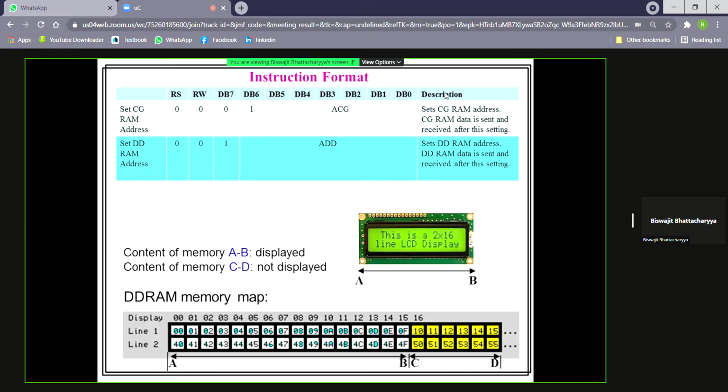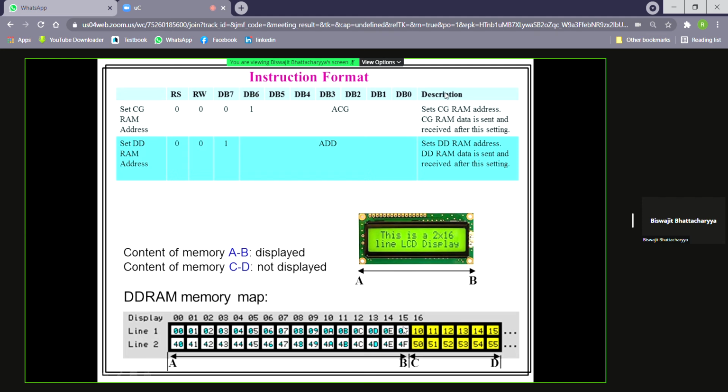Now for that LCD display, you see it is a 2 line display. Just 2 lines are displayed. And how many characters can be displayed? 16 characters, 0 to 15. So line 1, its DDRAM address is 0, 1, 2, 3, 4, 5 up to 0F.